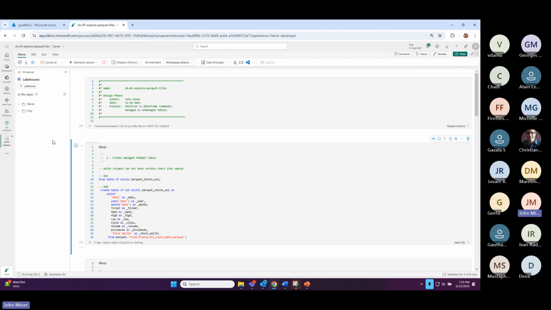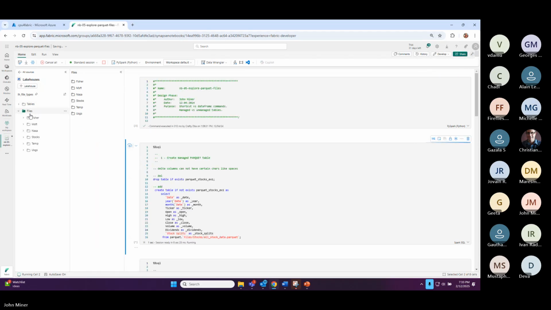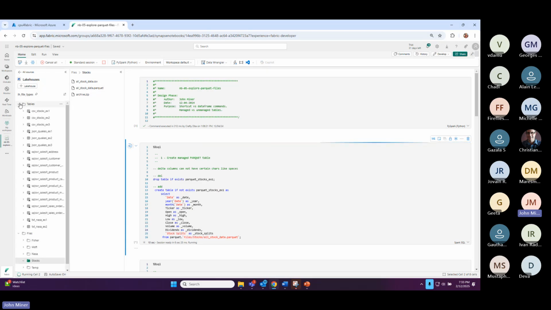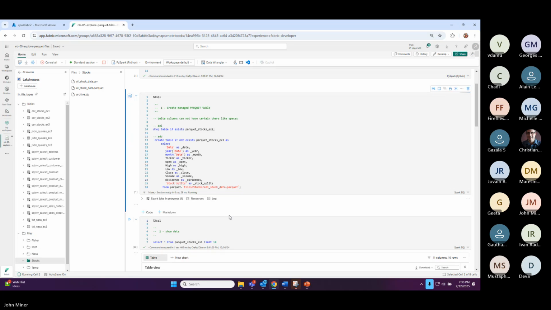So we'll run this. And again, it's going off the stocks, and there's a Parquet file here, okay? And this will publish it as a table. Now, if you remember, last time we ran this it took like a minute or so, right? While that's going, let's take a look